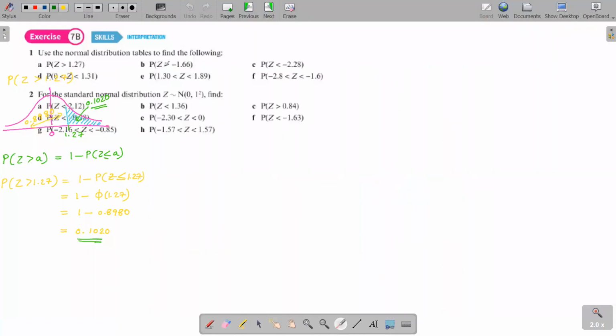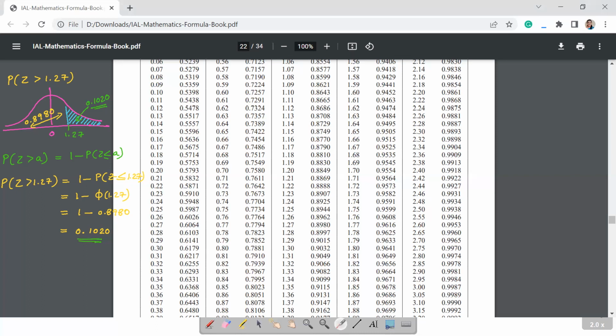So we want to get the probability Z is greater than minus 1.66. All right, so let's get that probability Z is greater than minus 1.66. Okay, these are a little bit tricky now. How do we do this one? Probability Z is greater than minus 1.66. So you'll have to use a little bit of tricks here. So what is the issue here now? The first problem is, as I told you before,